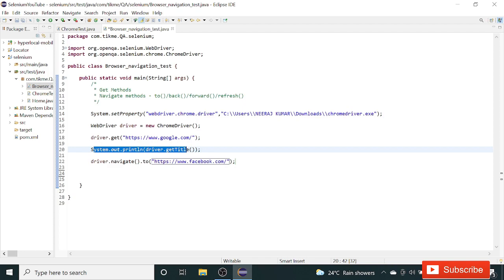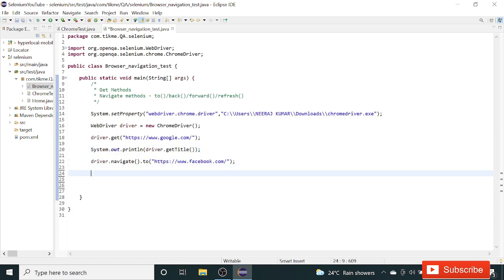It will wait for some time until the page is loaded, and for navigation too, both of them have some default synchronization. So it will wait until the page is loaded, then it will go to the next method. So over here also, let's print the title of the page.